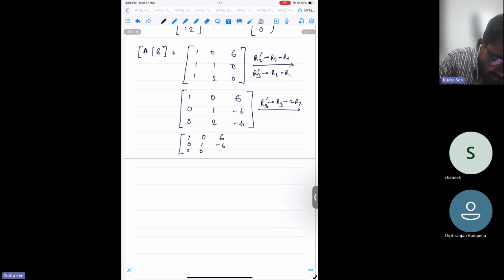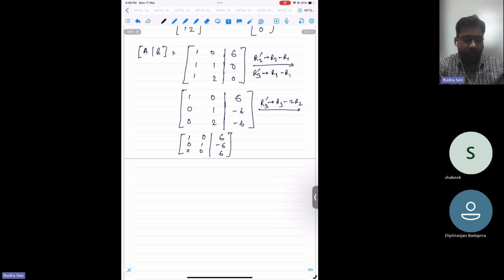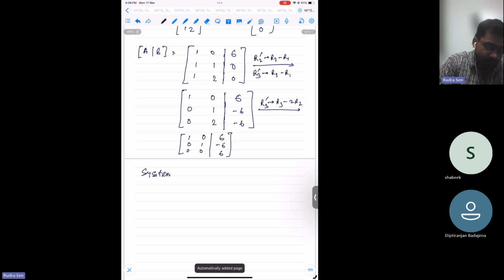So what would be this? So this is basically the augment. So this is 2, this is 12, 6, minus 6 plus 12, this is it, plus 6. So from here you can see that this is not a 0 equals to 0 format. So that means this is basically the augmented version. So this is not basically a 0 equals to 0 format. That means the system has no solution,